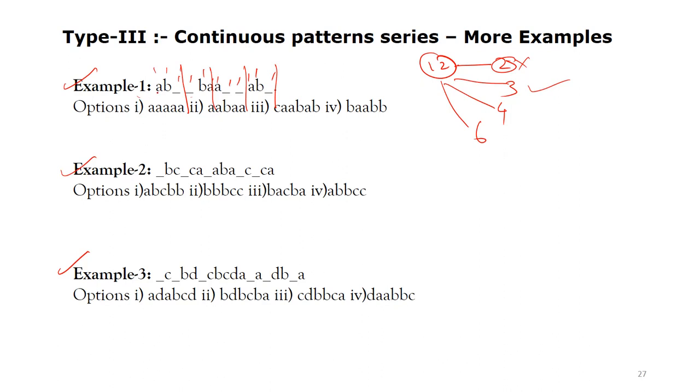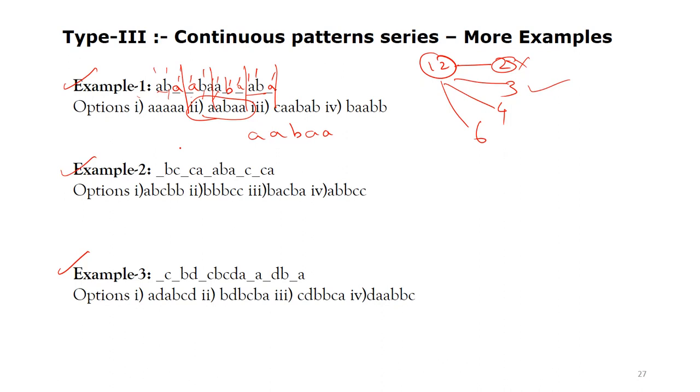So AB, second term is B here. So first term is A, AB. So same. This is the logic. So BA, so obviously A will come here. A will come. So ABA, ABA, ABA is my logic. So my answer should be AA, B, double A. Option 2 is the answer for my question. Clear? Okay. So let's solve 2 more and we'll wind up the session for the day.